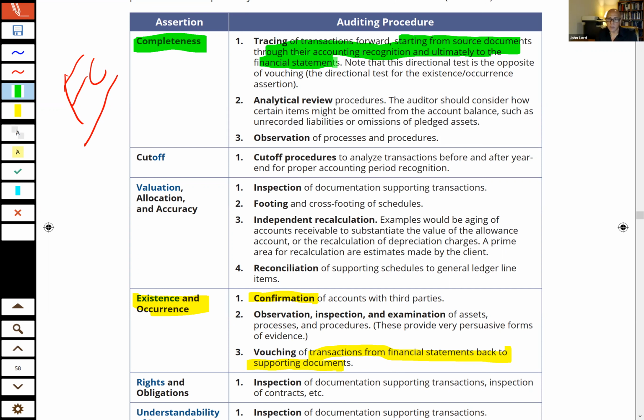Okay, and the financial statements. Isn't that what we talked about? Okay, cutoff: we look at transactions before and after year end. So we're looking at transactions near the end of the year to see if